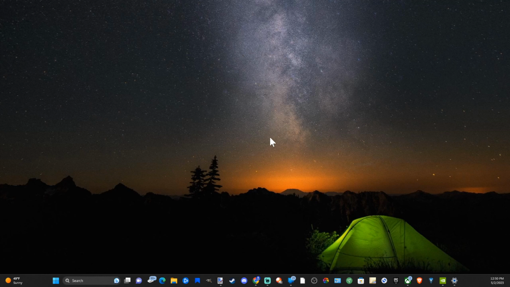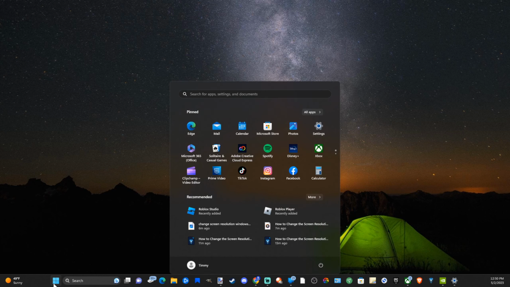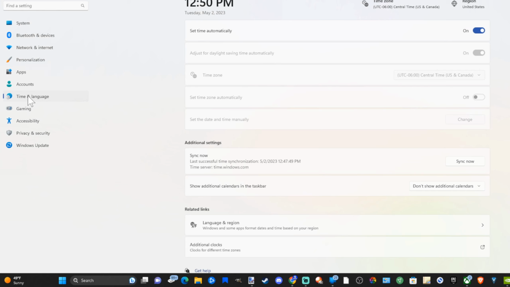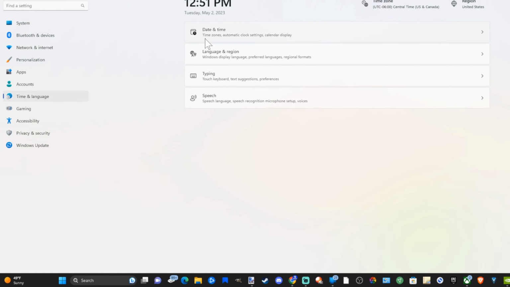Today in this video, I'm going to show you how to change the date and time on your Windows 11 computer. So this is very easy to do. On the home screen here, let's go on down to the Windows Start menu and select this. Then go to Settings. Now on the left side of the screen, let's go to Time and Language, Time Zones,